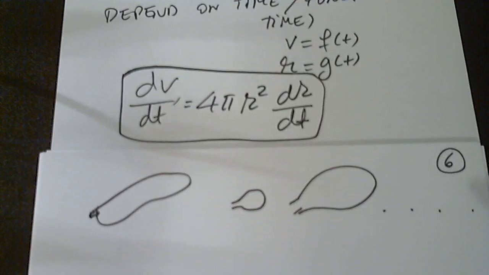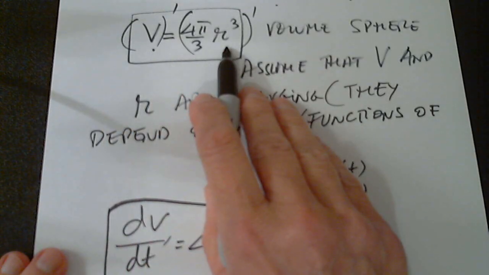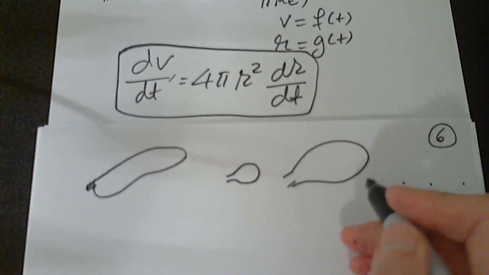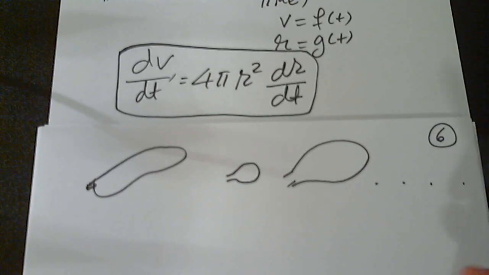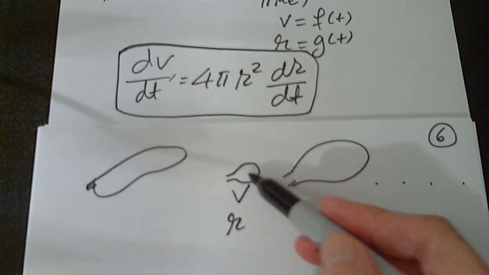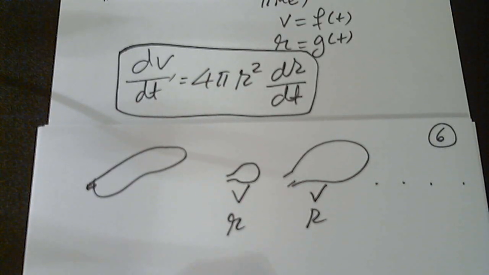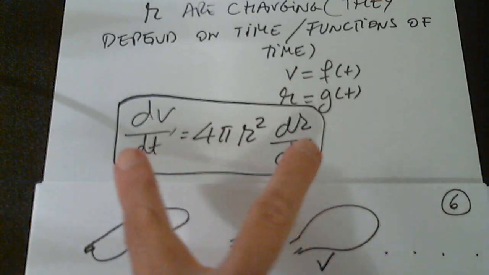So while I pump air in this balloon, or tire, or whatever you want, the radius changes, the volume and the radius are changing, are increasing. And the relation between their rates of change is this,